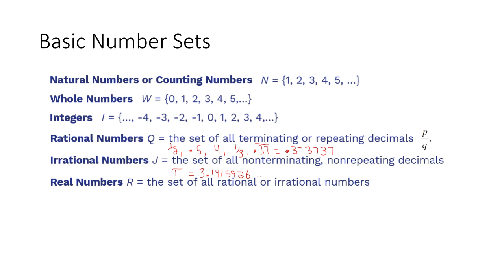But notice how it ends on 5. There's nothing to the right. And all of the numbers before, all of the integers, all of the whole, and all of the natural, are all considered to be rational numbers as well. Maybe something less predictable would be 1/3. So 1/3, if you put it in decimal form, is going to be 0.333,